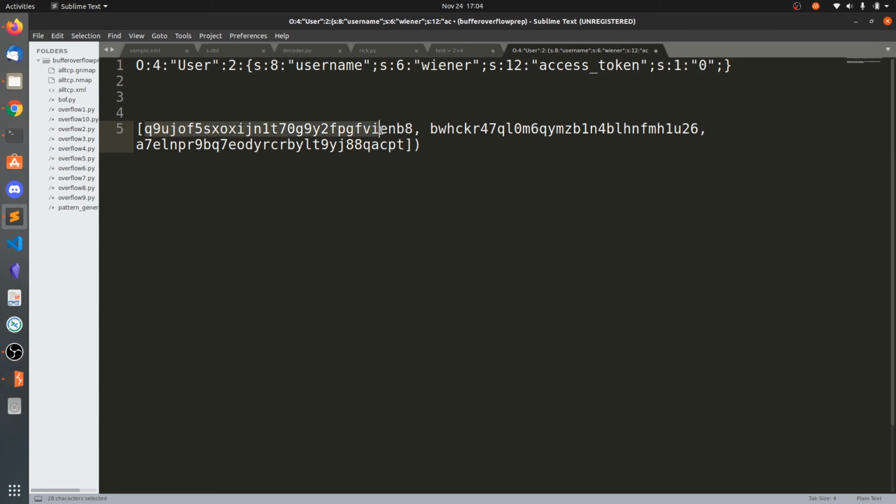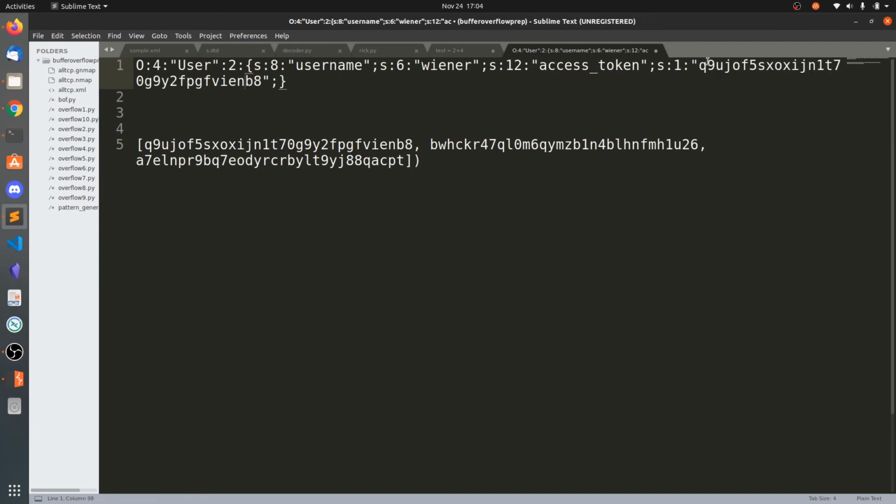So you can copy this one, copy and paste the content here, and the length of this one is 32, because all access tokens will be of same length, and change this to administrator or admin. So we'll be trying two different combinations, administrator and admin.